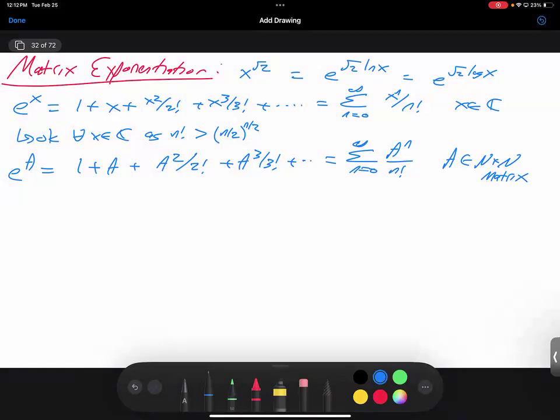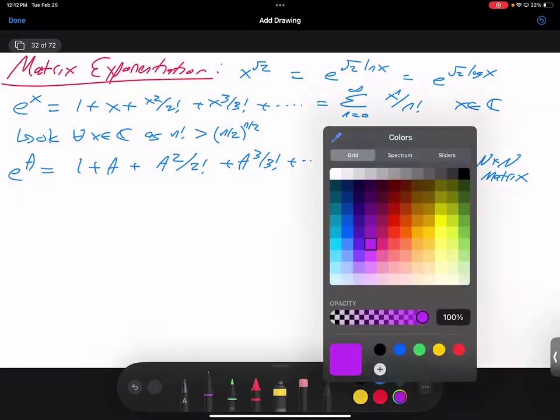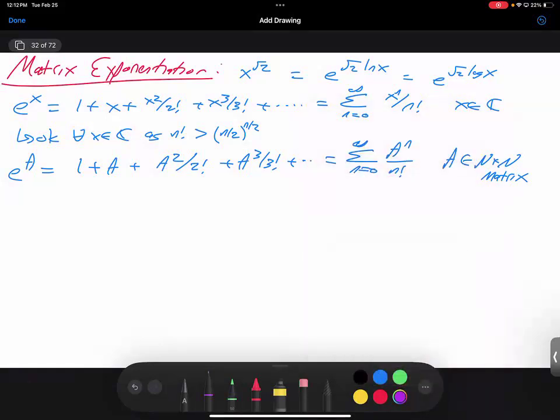What's the only danger? It doesn't converge. So the claim, converges for all A. And the proof,